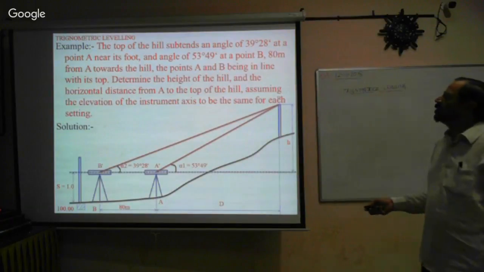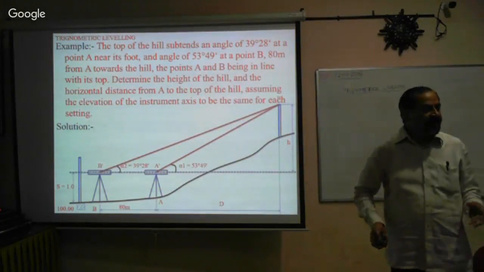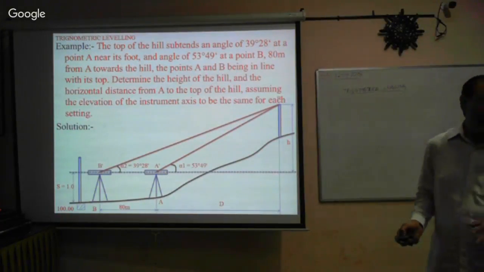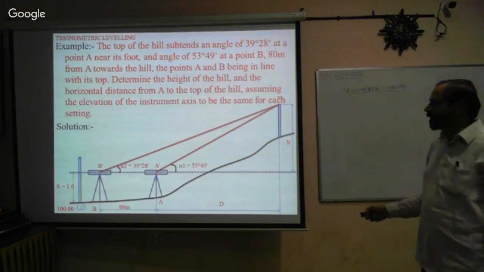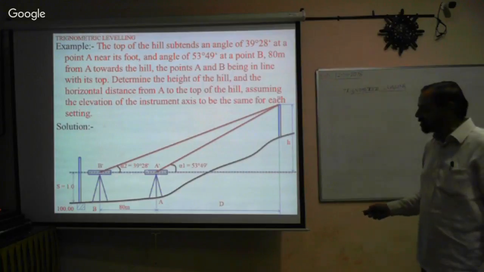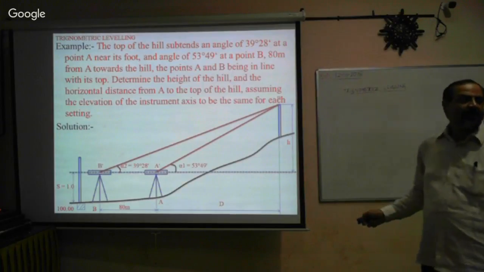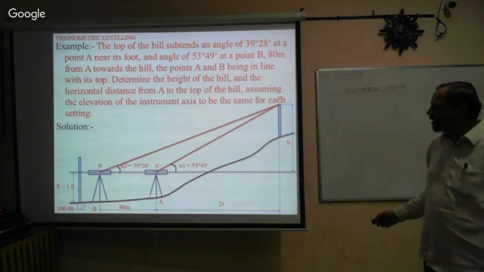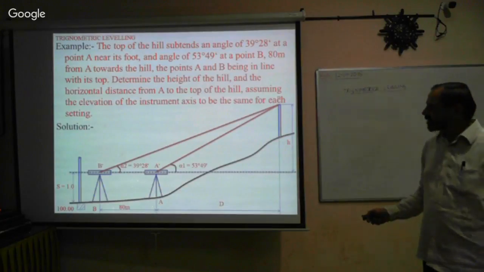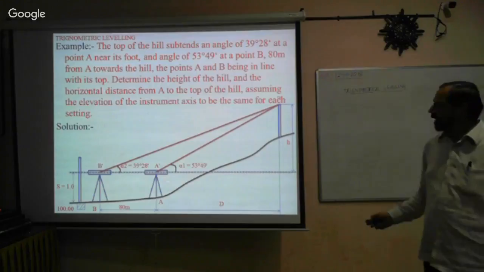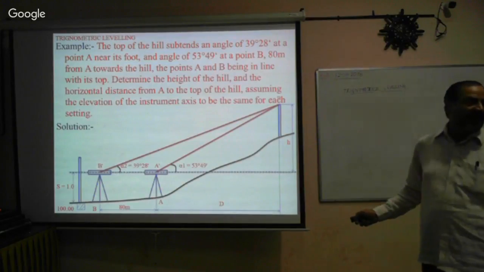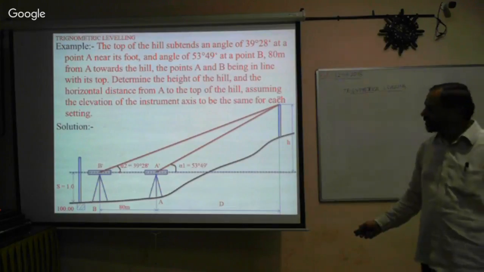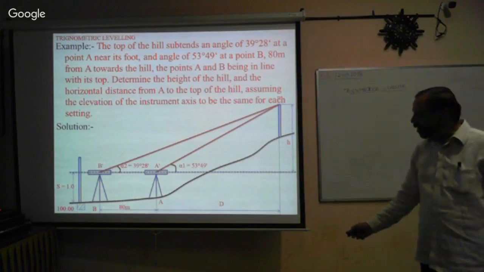And now these are the examples we normally ask in the examinations. Please note, when the instrument stations are at the same level, in the first instrument station alpha 1 is given as 23 degrees 45 minutes, and in the second station alpha 2 is given as 39 degrees 28 minutes, and the distance between the instrument stations